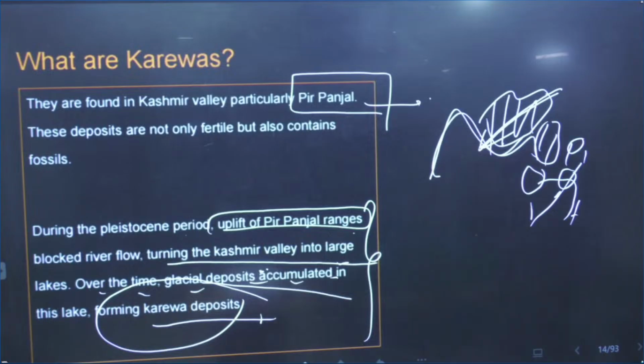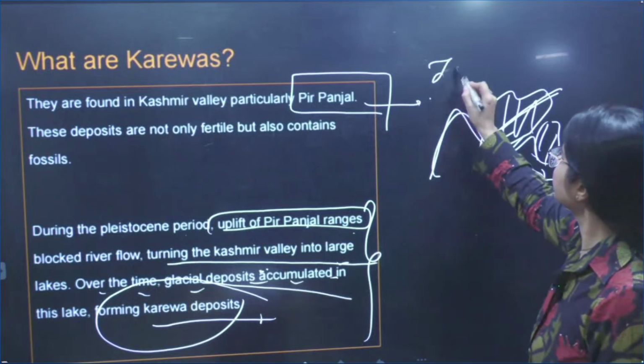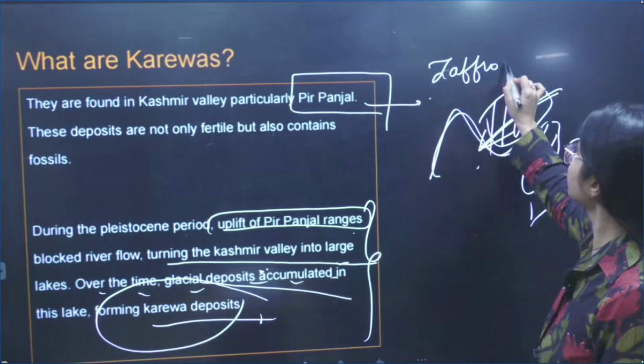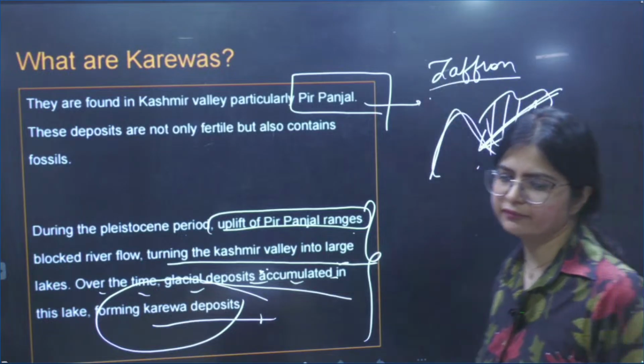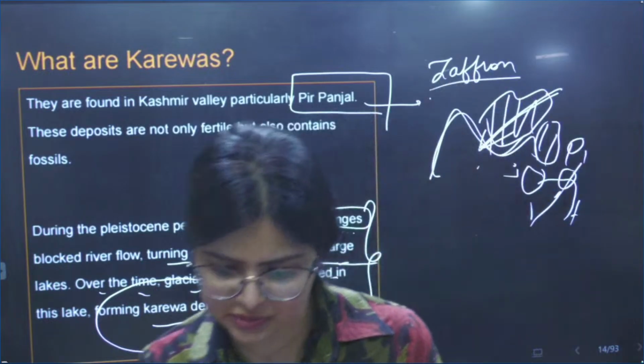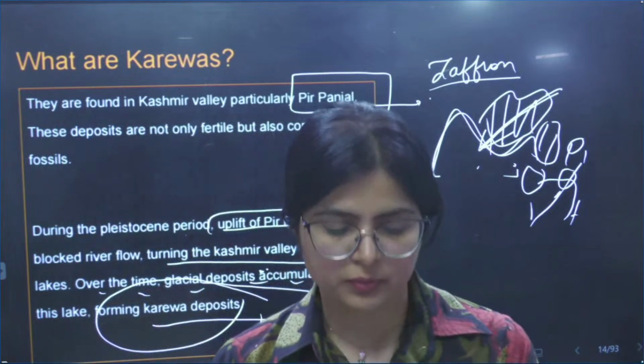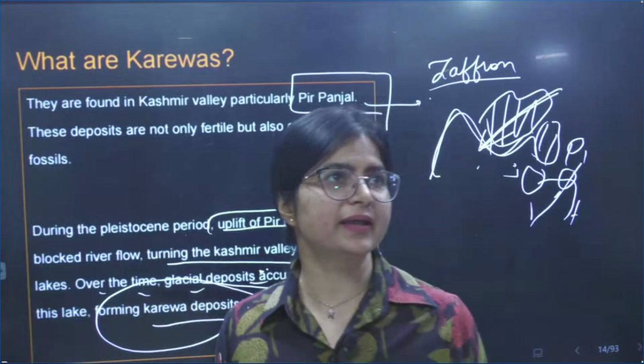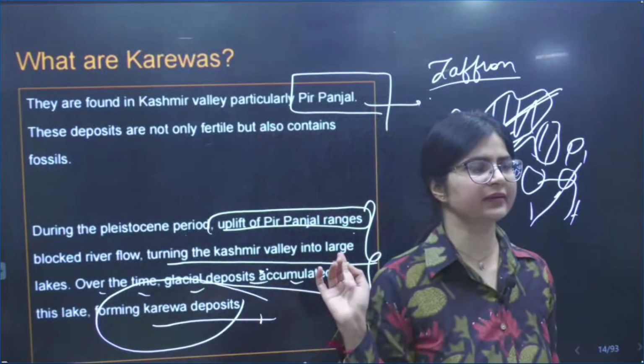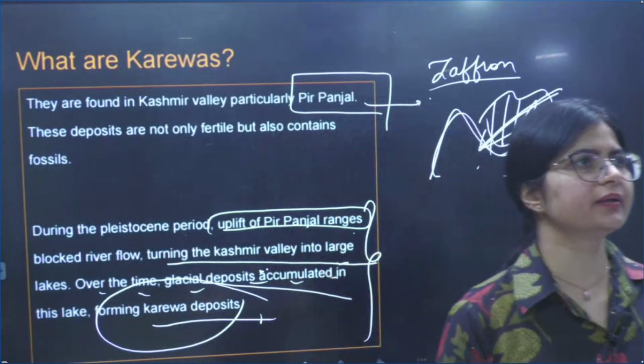So this is what your Kareva, they are known for the cultivation and economic purpose में आप क्या लिख सकते हो, that is they are used for the saffrons. Saffrons की cultivation के लिए they are used highly in that area. Okay. Now this is what you can write. Take a moment and write down if you want to write.